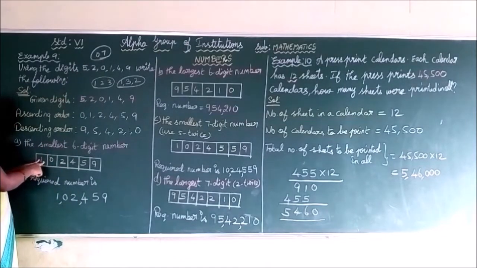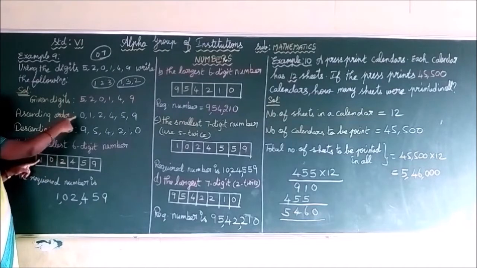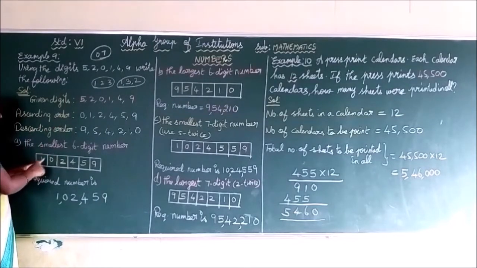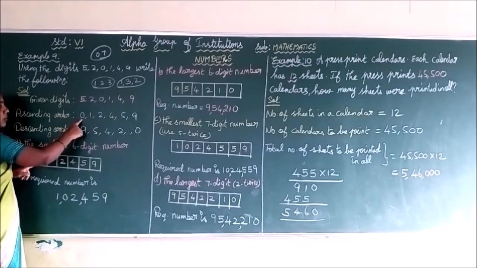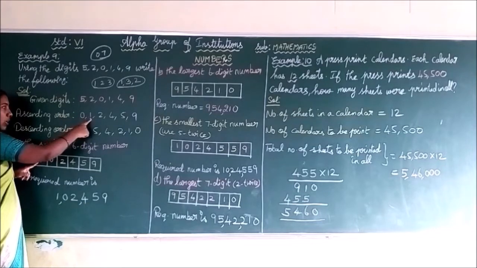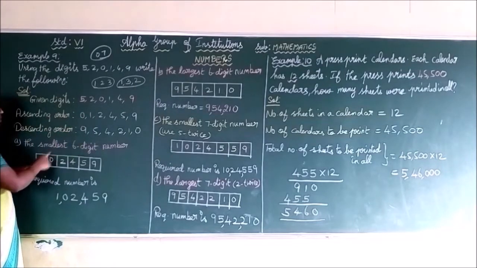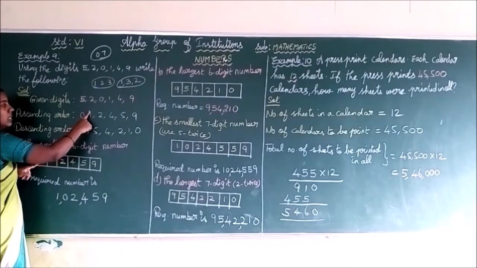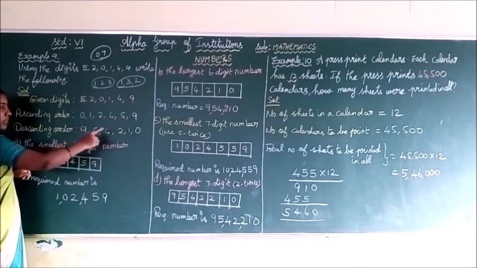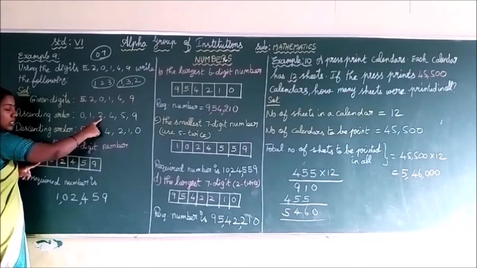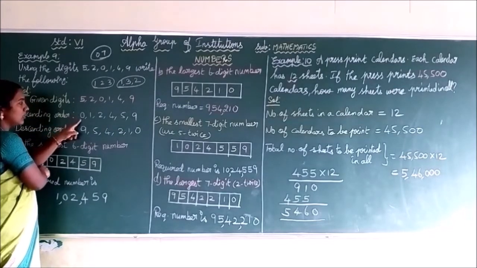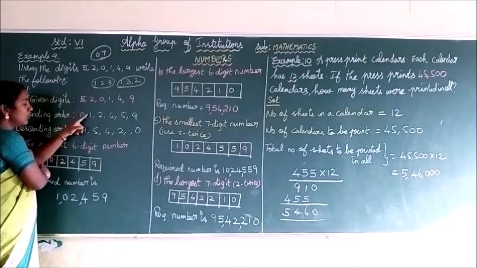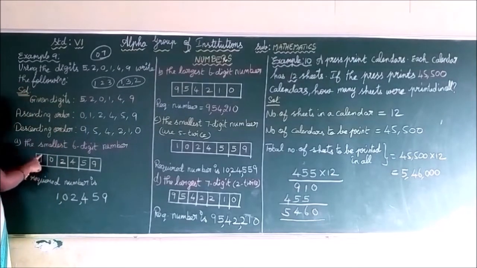So how can you arrange the smallest 6-digit number using the given numbers? Instead of using 0, you have to use the next number after the 0 here. What is the next number after the 0 in the ascending order? 1. So you have to use the 1 here. Suppose in the question there is no 1, if they give you 2, 4, 5, 9 only, then after the 0 the next number is 2, so you have to use 2 here. Thus you are writing 1 here.